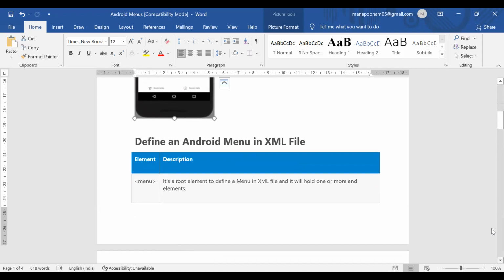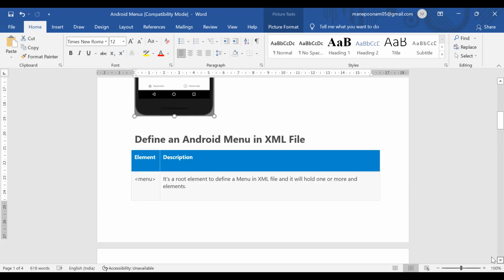In that we can add submenus. Whenever we want a nested menu or a menu within a menu, we use the menu tag, and in the menu tag we can add submenus for our use. So it is a very essential tag. It shows that your menu code starts from here.